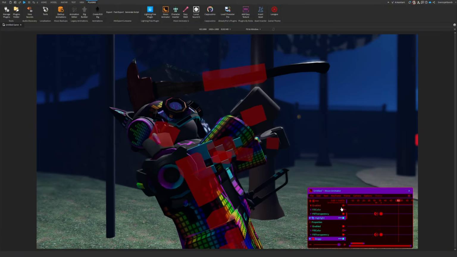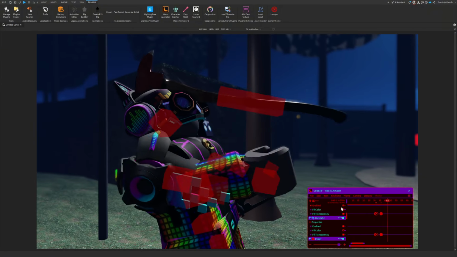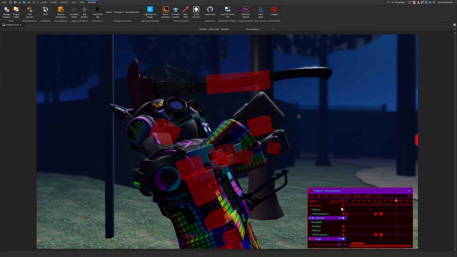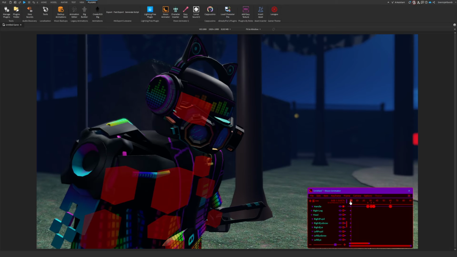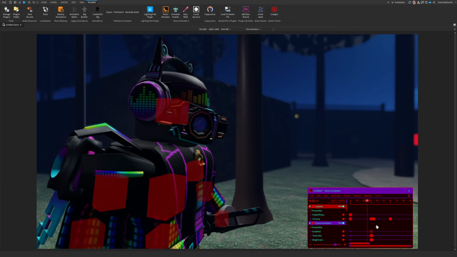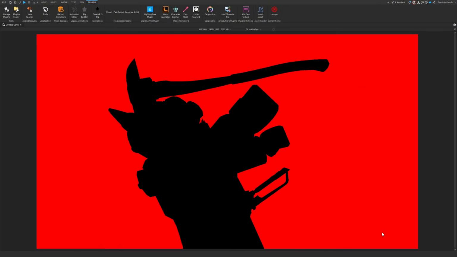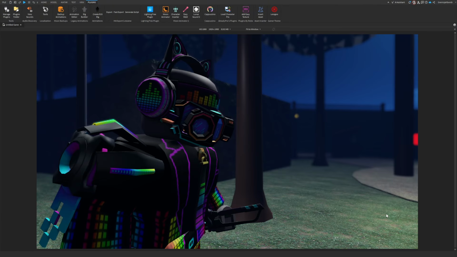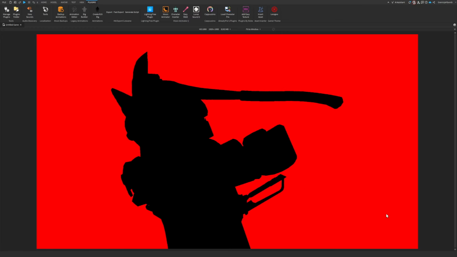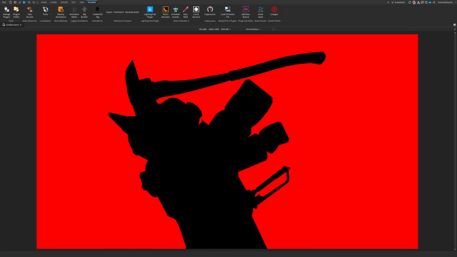So we can either have it like this, which is like, oh no, and then like the, or have it like this. Oh, I like that. The lighting in this isn't even that bad, so I don't think I need to do any lighting. Yeah, I think this is gonna be it. So yeah, I would say this has been a success.